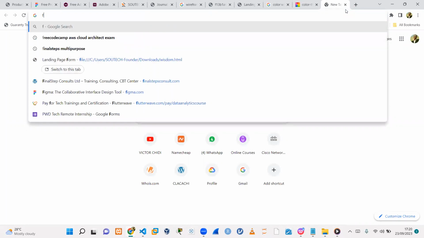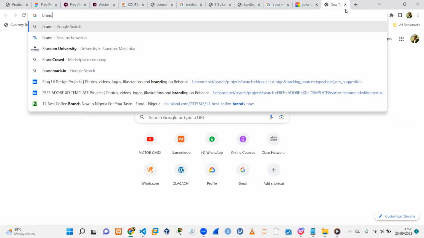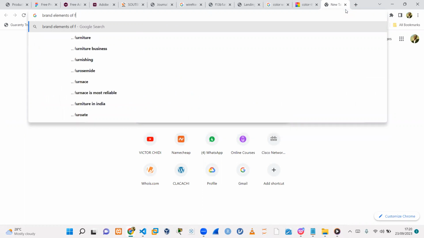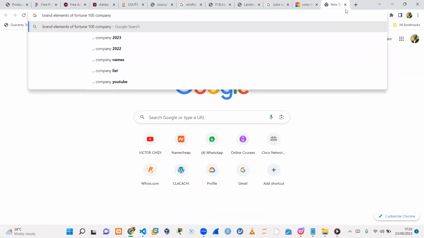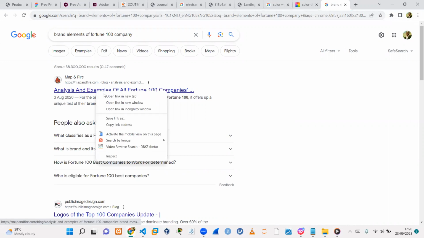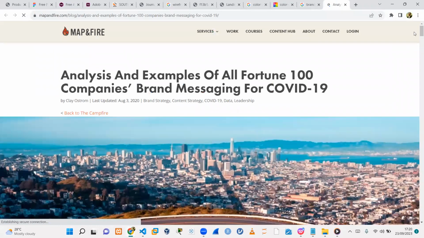So let's say brand elements of Fortune 100 companies. So analysis and examples of all Fortune 100 companies, right? You can look at the brand, you can look at the logo, you can look at the methodology used in deploying that. One thing you're going to find out is that